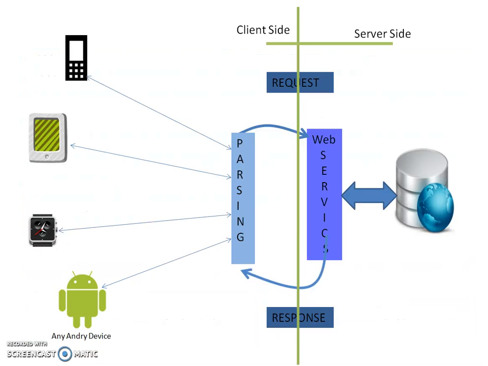You will see it's a very high level diagram. So there is a web service. Web services are communicating with various clients, maybe any Android devices. Android devices usually communicate with web services. They put their request, and then web services interact with the backend database or server, get that information and pass it back to the client. And while receiving and sending the client response, they usually have to pass the data.